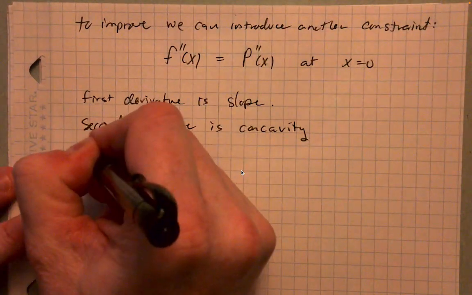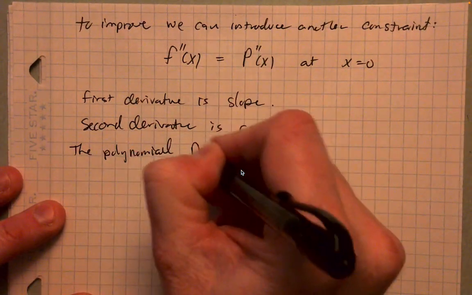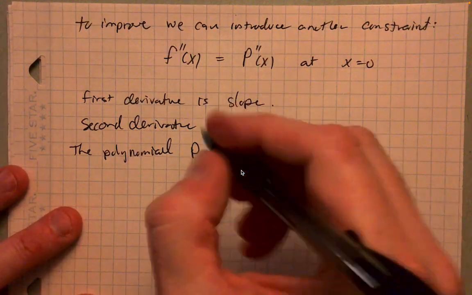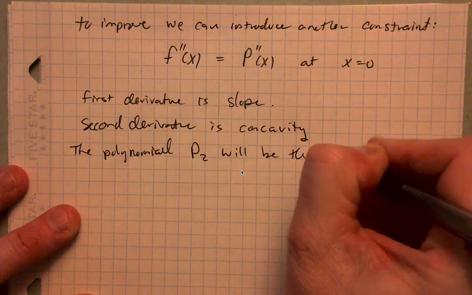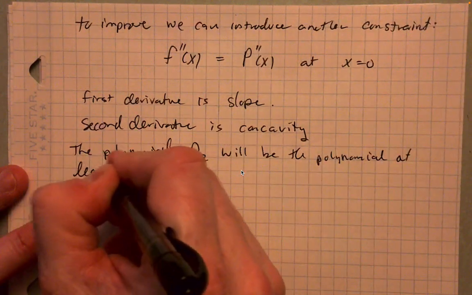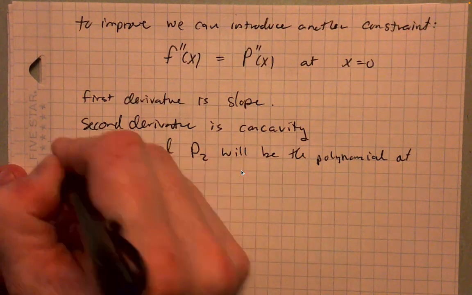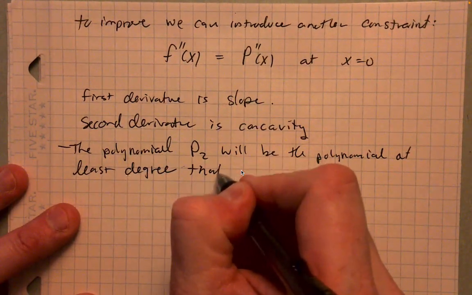So then the polynomial P, we'll call it P2, will be the polynomial of least degree that satisfies